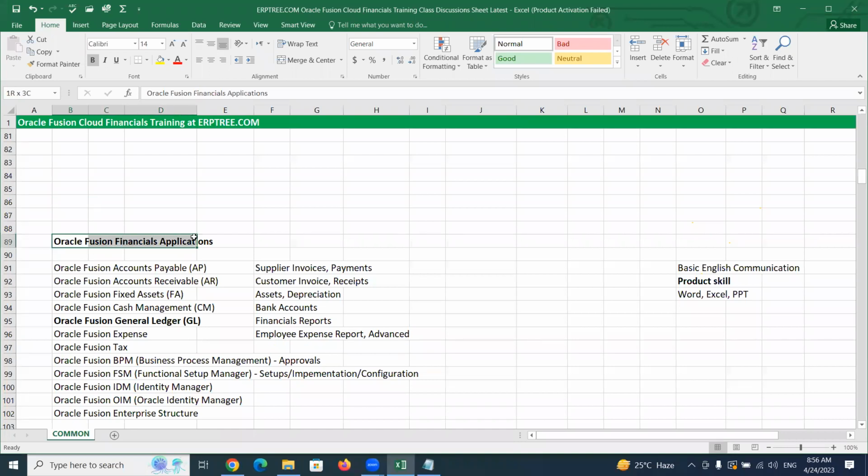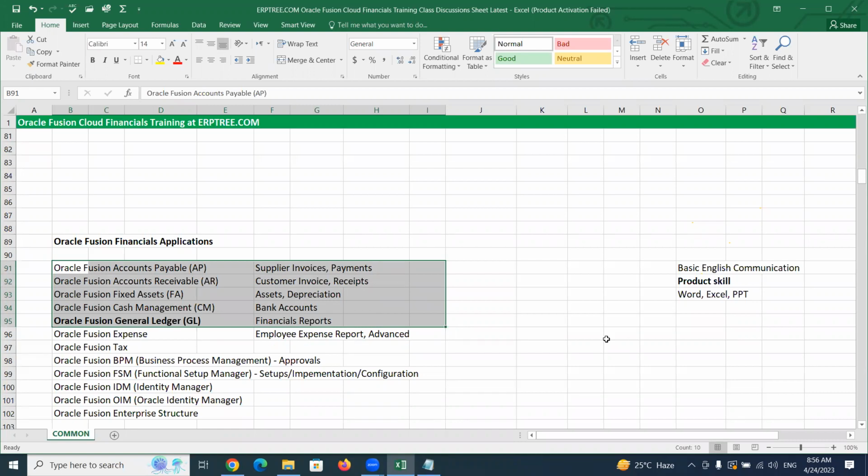So Oracle Fusion Financials applications. These are the 5 core, main applications. If you want to work on Oracle Fusion Financials, you should be very strong with these 5 applications. Rest, there are some miscellaneous ones, those also we will cover, but try to understand this point.